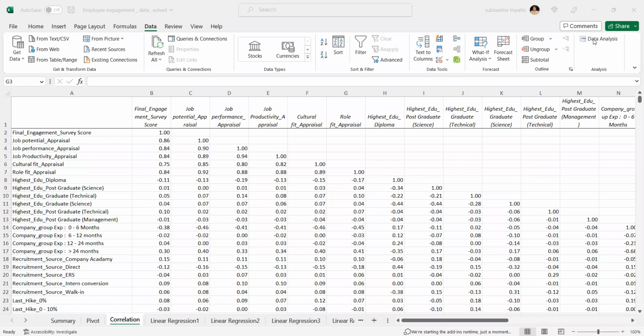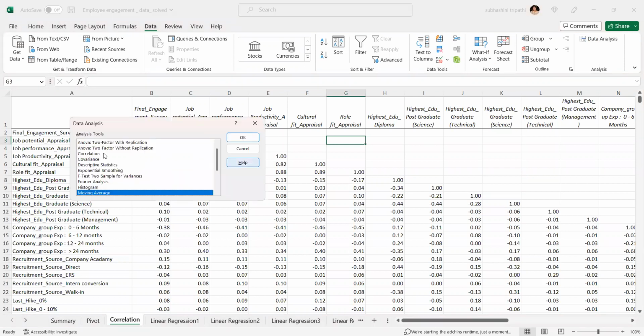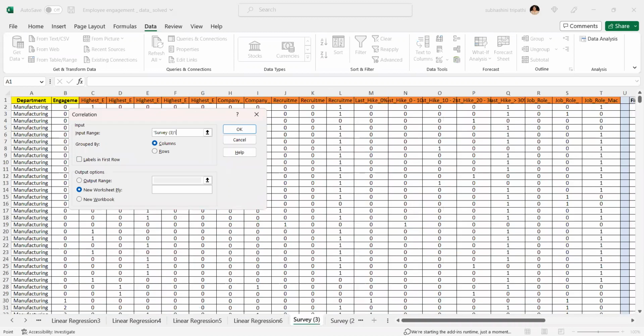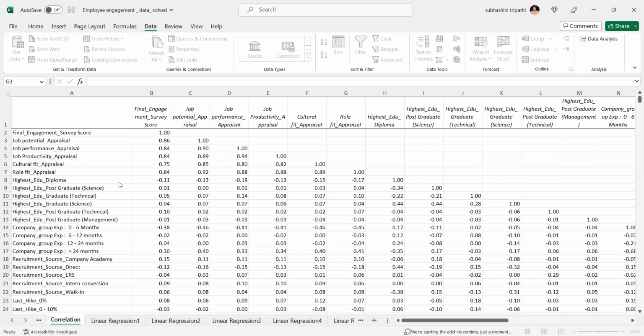Running the correlation is rather easy because we have the data analysis toolpack out here. And in the data analysis toolpack, we can look at the correlation option. And when it gives us the output, we just choose the whole data that we want to run for the correlation. So here we had created this survey 3 table, and this whole data together we can run for our correlation, right? The correlation matrix gets created, and